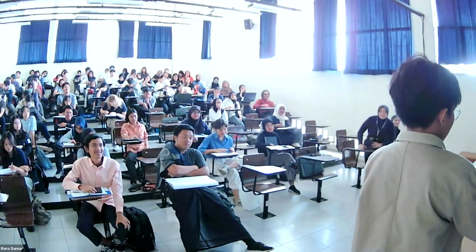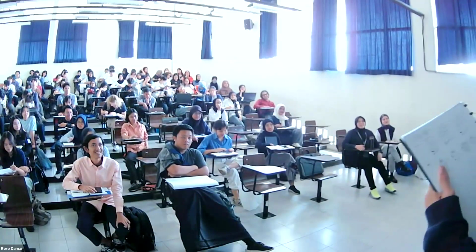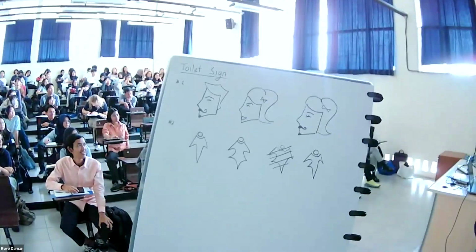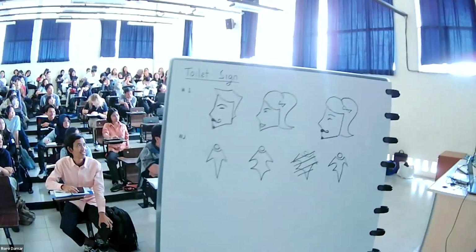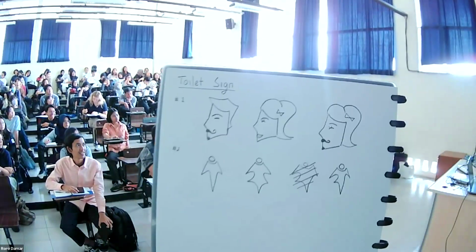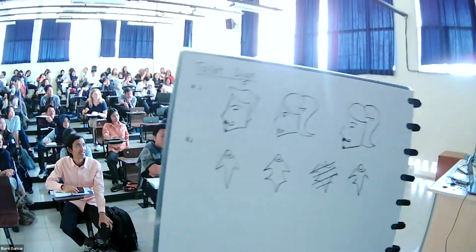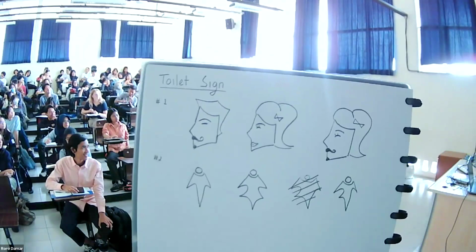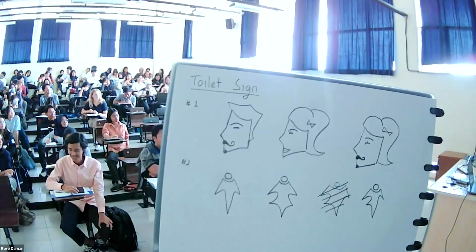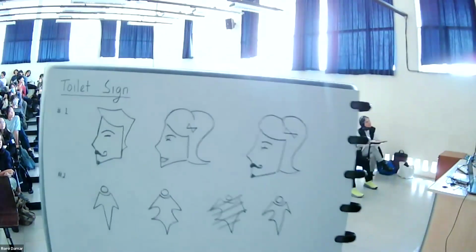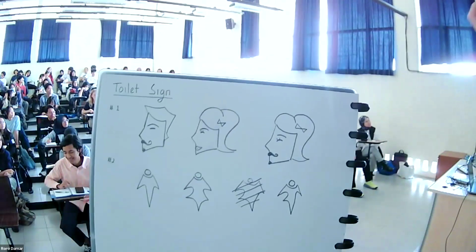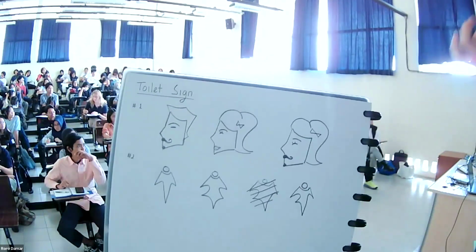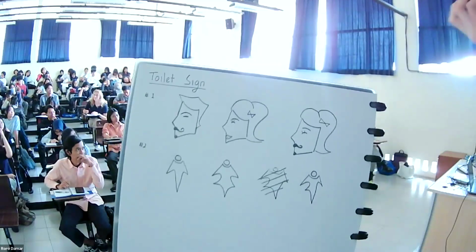Okay. Mine is actually pretty straightforward. So the top one is for the male, I make a male face with mustache, and for the girl, they have long hair and thick lips. And for the neutral one, it's like a combination of both. So I think it's pretty obvious that it will be for the gender neutral bathroom.